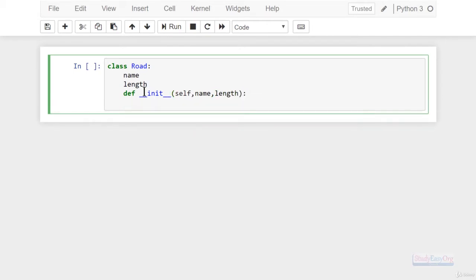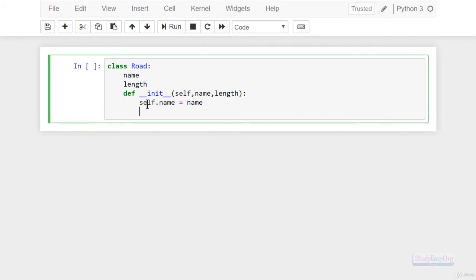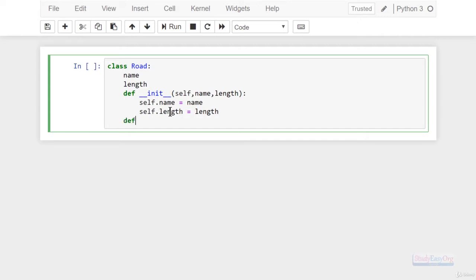Colon, and in here we will be initializing these two values, so it would be like self.name, which is nothing but the local variable, equals name, and we will do the same as self.length equals length. Cool enough. And we will define yet another method which will display the information like name and length, right? So it would be like display